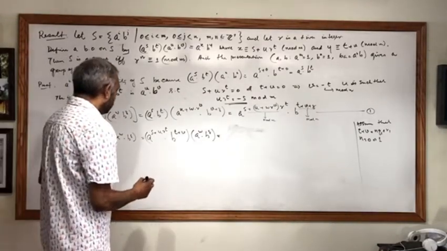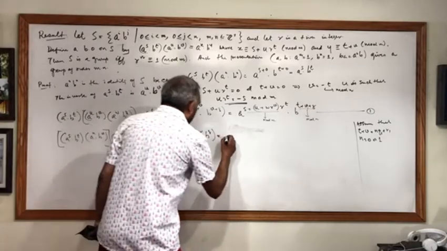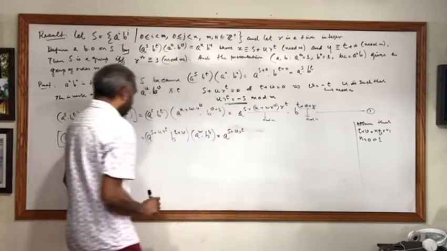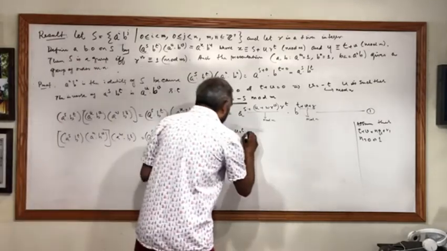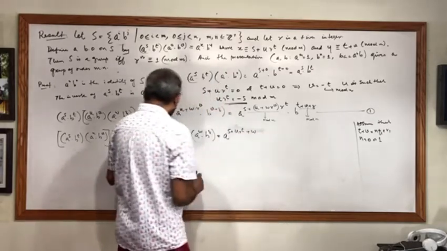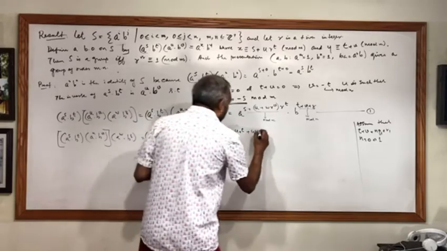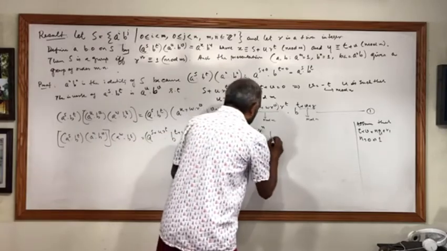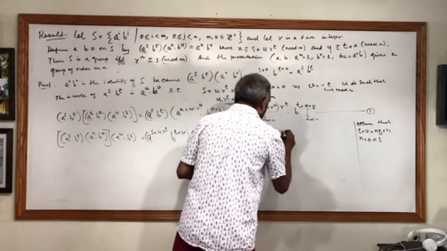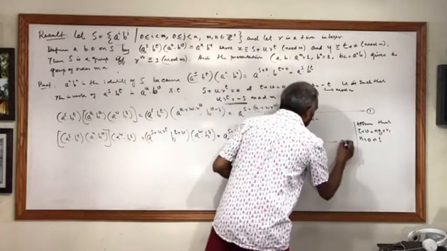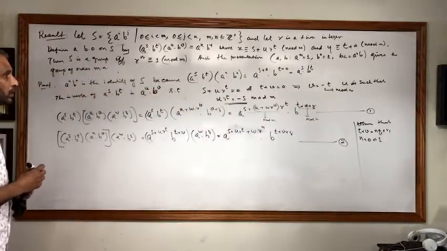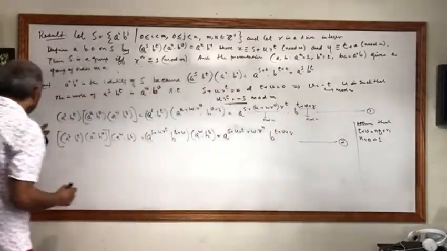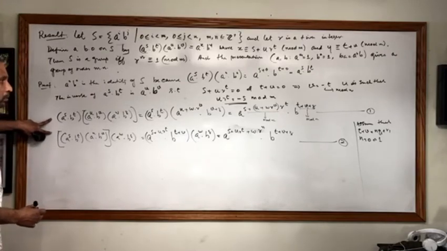a to the power of s plus u rt plus w times r to the power of r1 times b to the power of t plus v plus z, and that is number 2. So the power of b is same. So this is going to be, the associativity is going to be true if